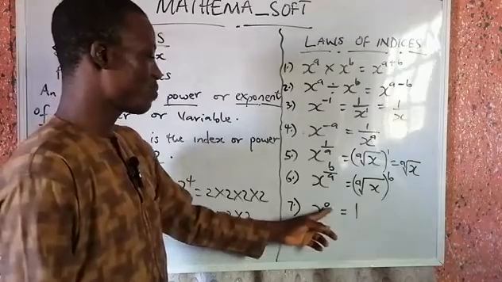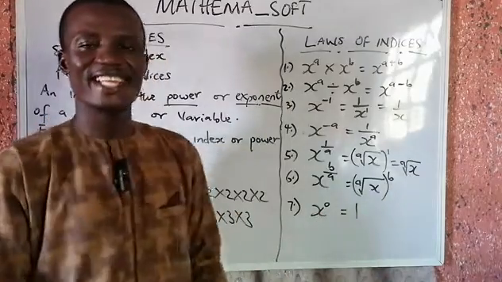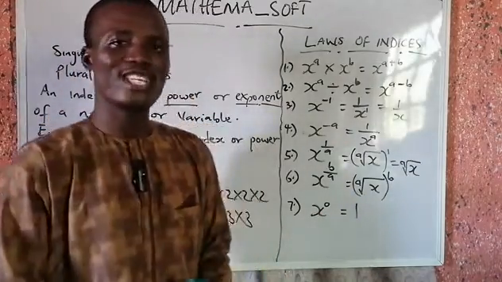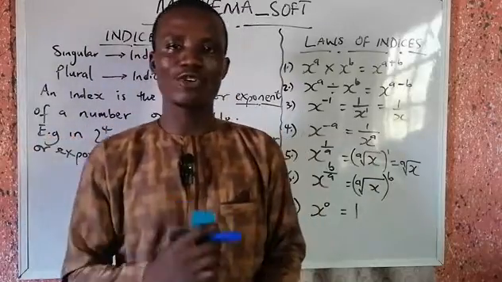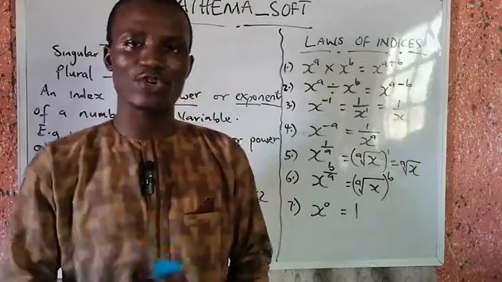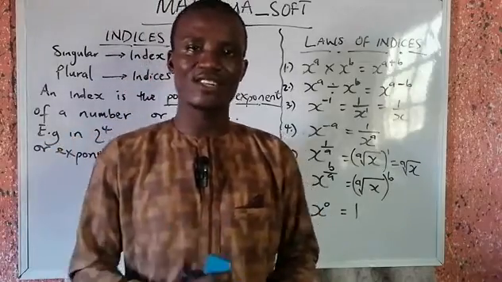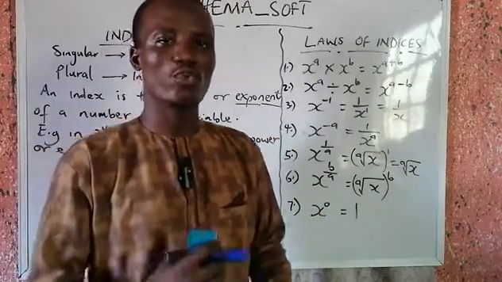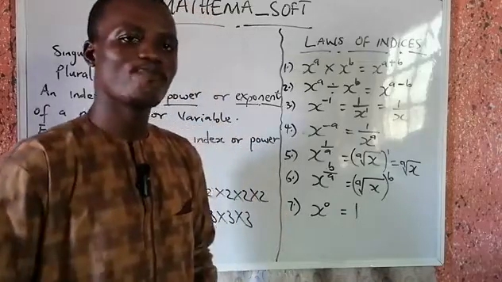And we have x raised to the power 0 equals 1. Anything raised to the power of 0 is always 1. 1000 raised to the power of 0 will give you 1. 500 raised to the power of 0 will give you 1. Anything raised to the power of 0 will give you 1. So before we go into solving